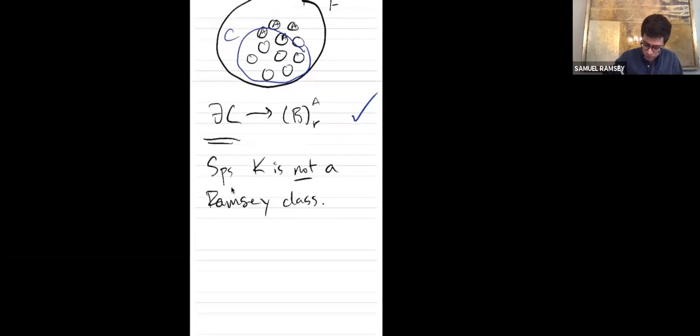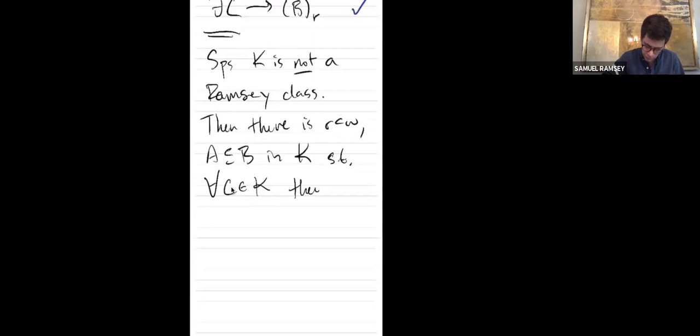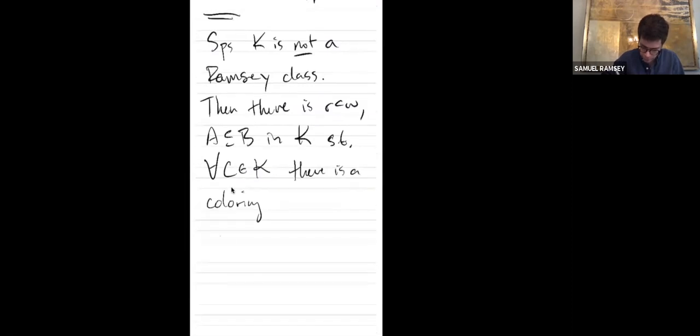All right, and what does that mean? So then there is some number of colors R and structures A subset of B in K, such that whenever I take a C in K, there is a coloring, let's call it chi sub C, which is a coloring on copies of A living inside of C with R many colors,